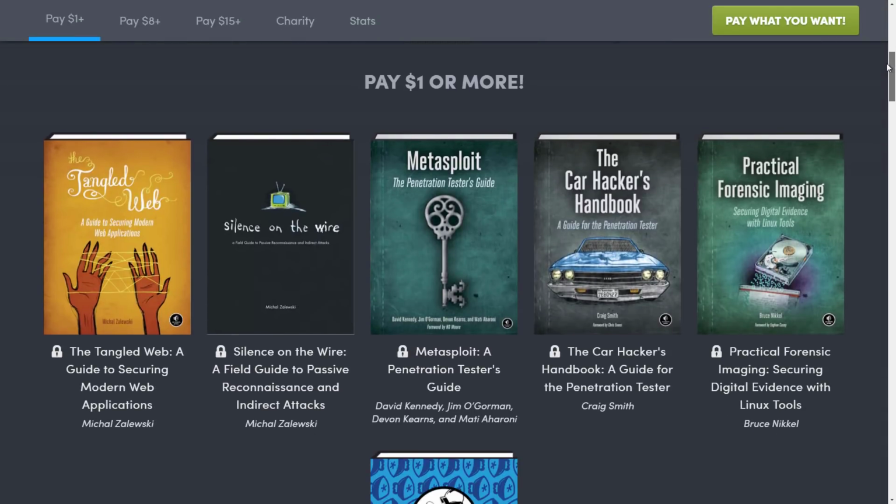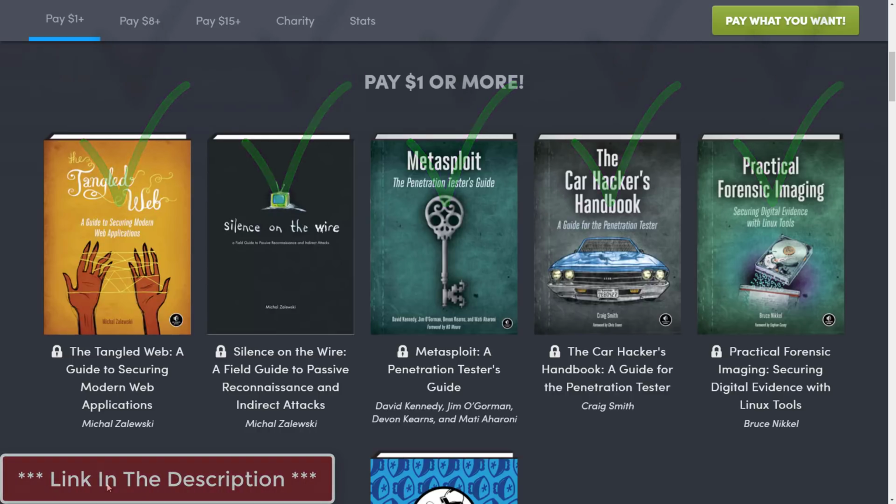Well, it's pretty simple. If you spend $1, that's right, just $1, you'll get these 5 books, and these are awesome books. The first one is The Tangled Web, a guide to securing modern web applications. The next is Silence on the Wire, and this is a field guide to passive reconnaissance and indirect attacks. We also have the Metasploit Penetration Tester's Guide, which if you're not familiar with Metasploit, this will get you all